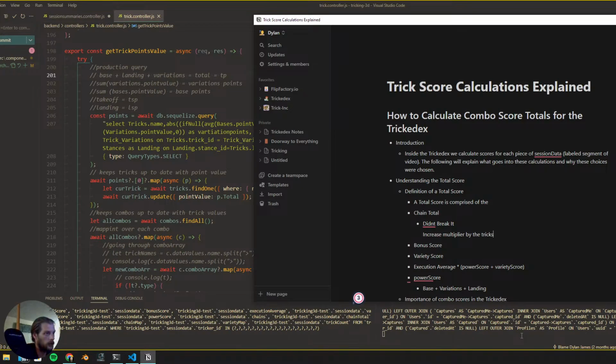By the transitions multiplier, not the trick. Because each, am I spelling that right? Yeah. Because each,